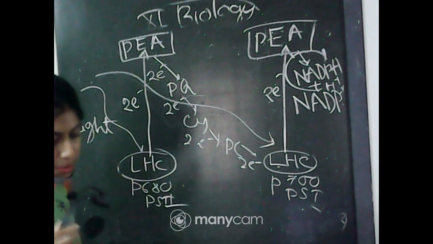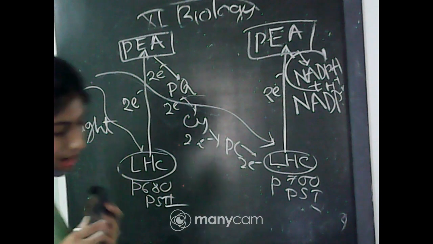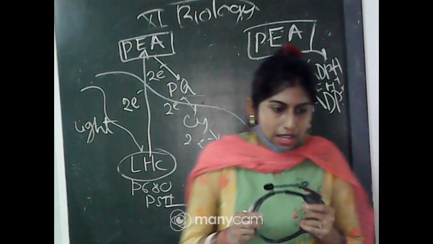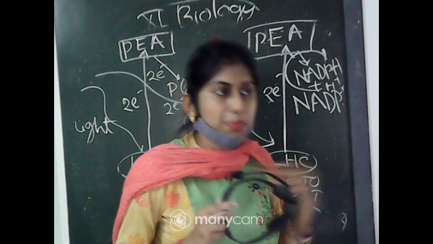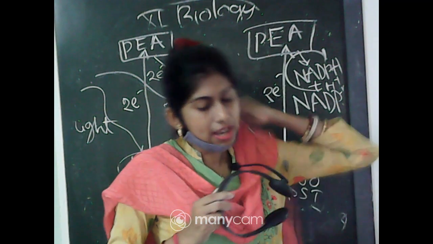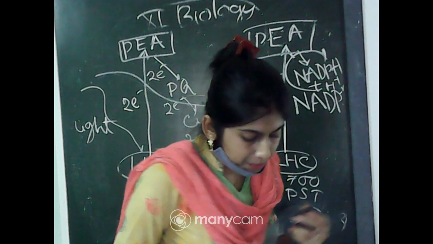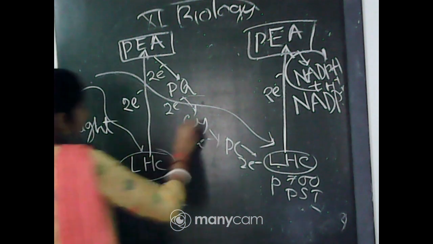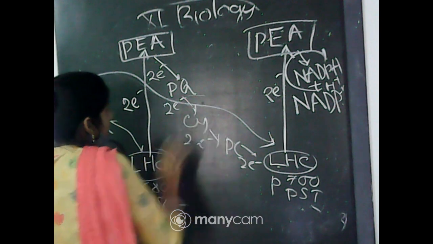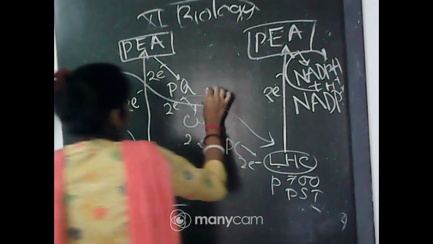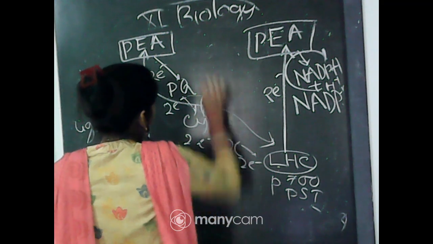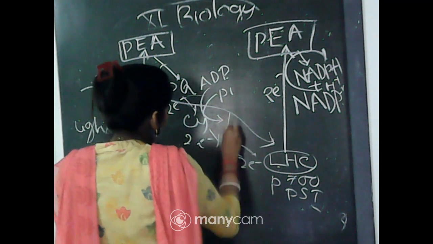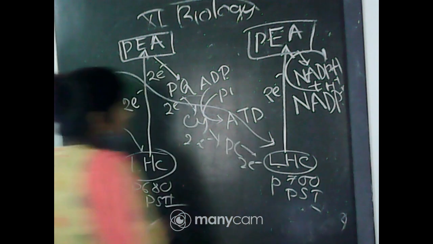This shape is formed when all the carriers are placed in sequence on a redox potential scale. Another thing I have left: when the electrons are passing through the cytochrome, they are losing some energy. With the help of that, one ADP will be attached with inorganic phosphate and ATP will be formed.